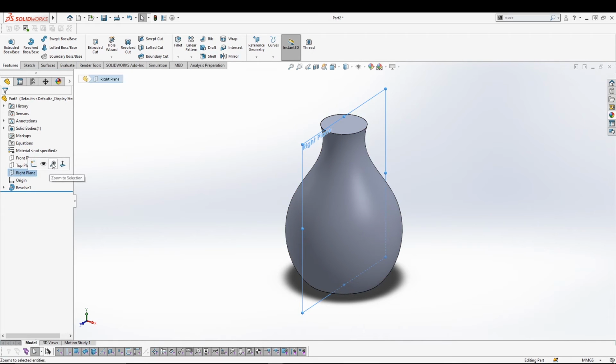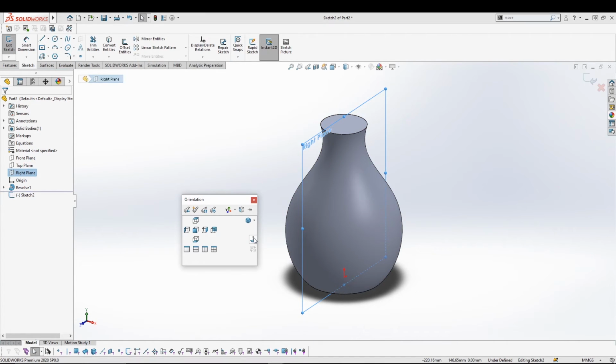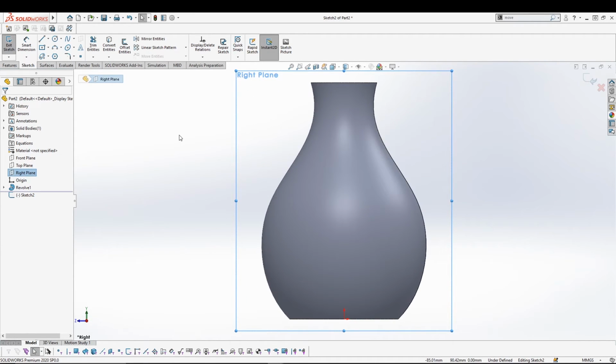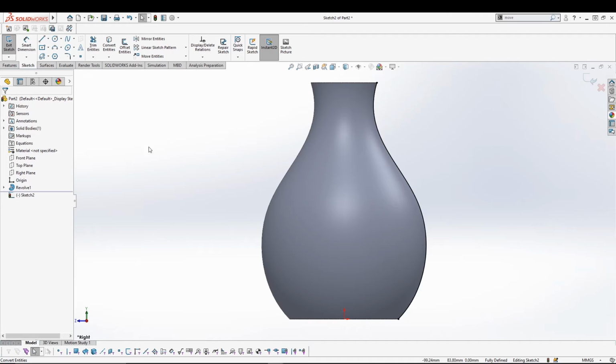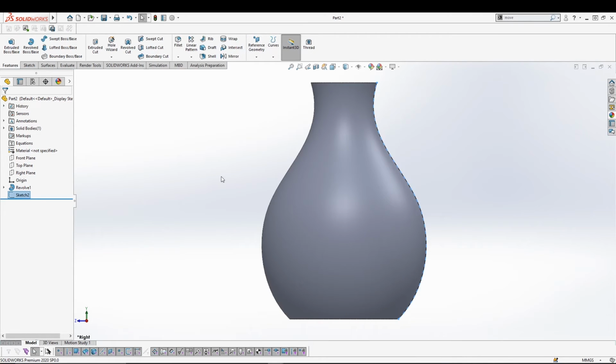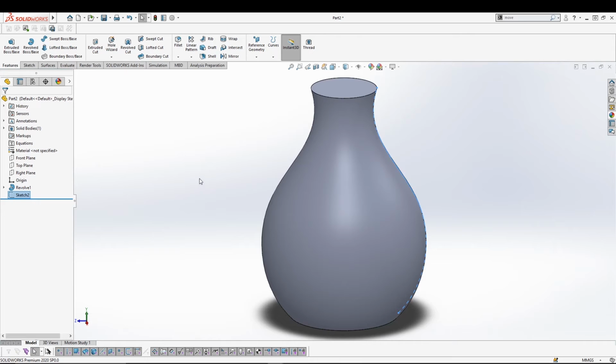So I'll select right plane, go for a sketch, press space and go for normal view, and here what we can do is simply go for offset entities and project this one. Right, and that's what we wanted. From here I can exit the sketch, and now what I will do is go for